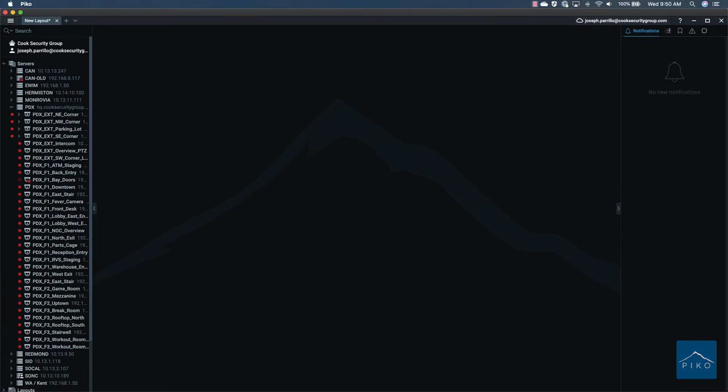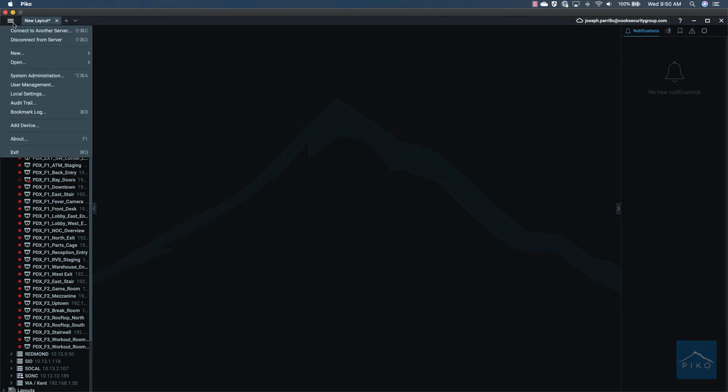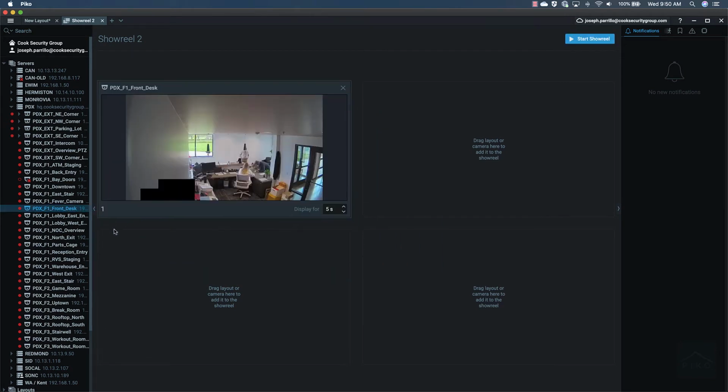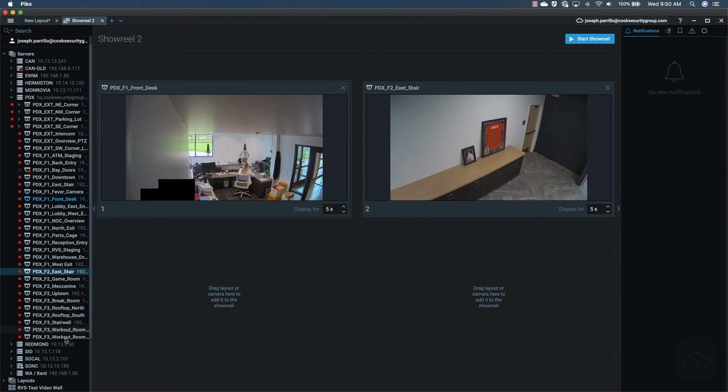In today's tutorial, I'll show you how to create a showreel within Piko. What you'll do is you'll go up to this menu icon, you'll go down to New, go down to Showreel, and what you'll do in here is drag and drop the associated videos or layouts that you'd like to show